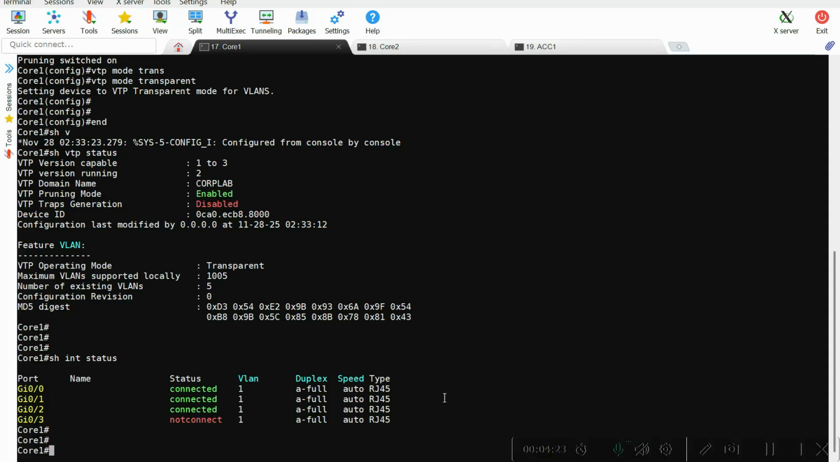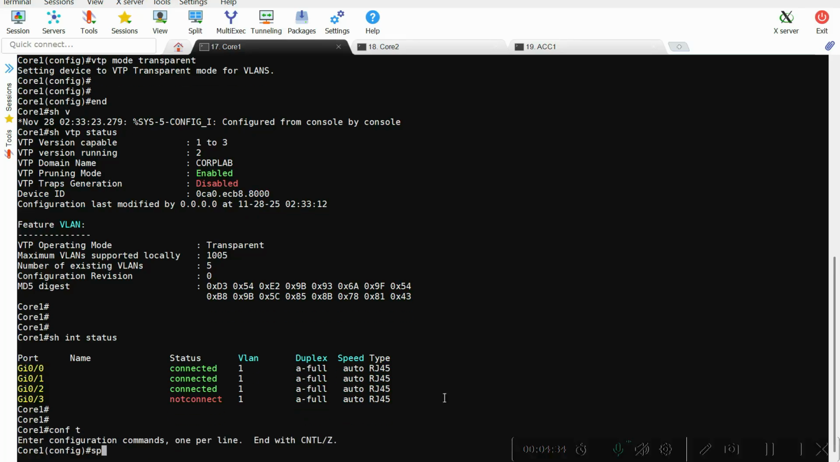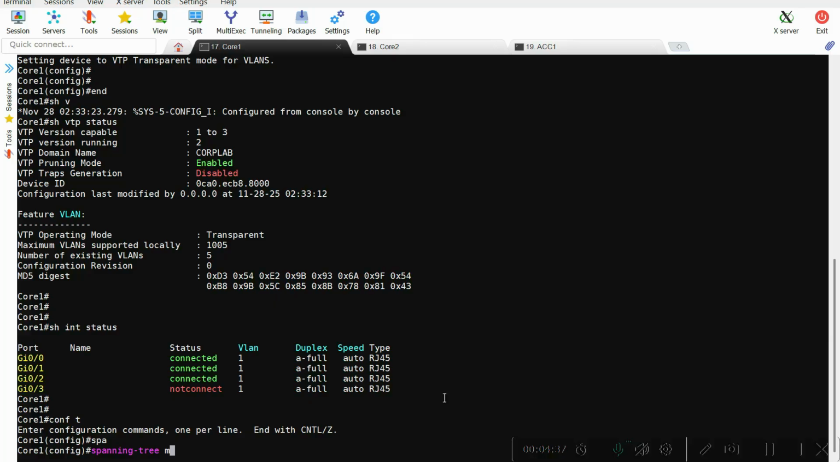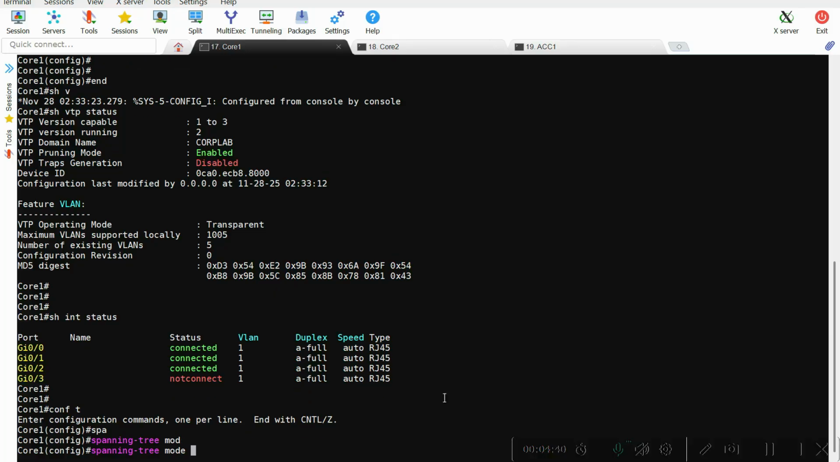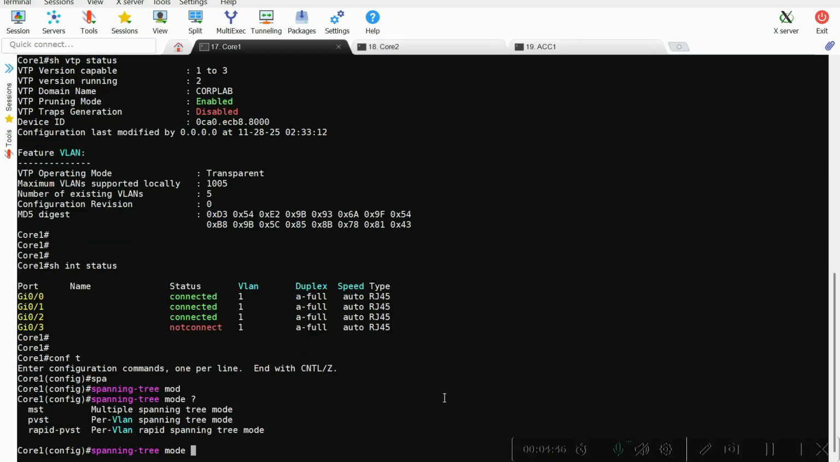So now after the VTP configuration, we will configure the spanning tree, and let's put some mode. The spanning tree I will explain later. Let's configure first. So spanning-tree mode. For options, you can use the question mark in config mode, so you can see the options. Because we'll use the most current option, we'll use rapid per VLAN spanning tree. So okay, so I'm using